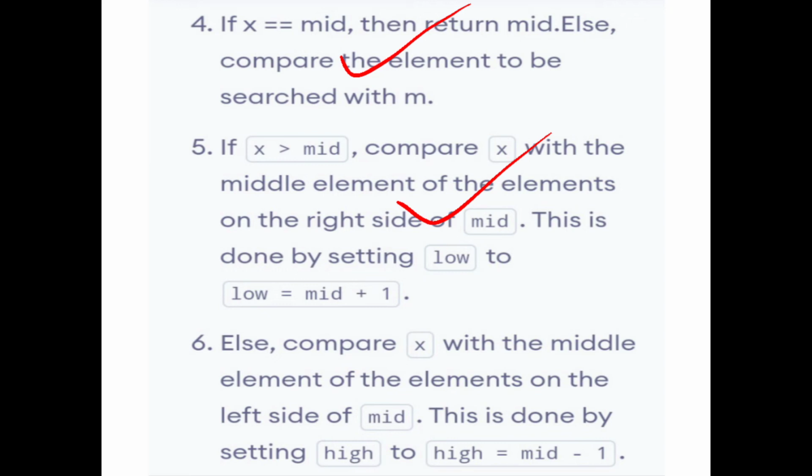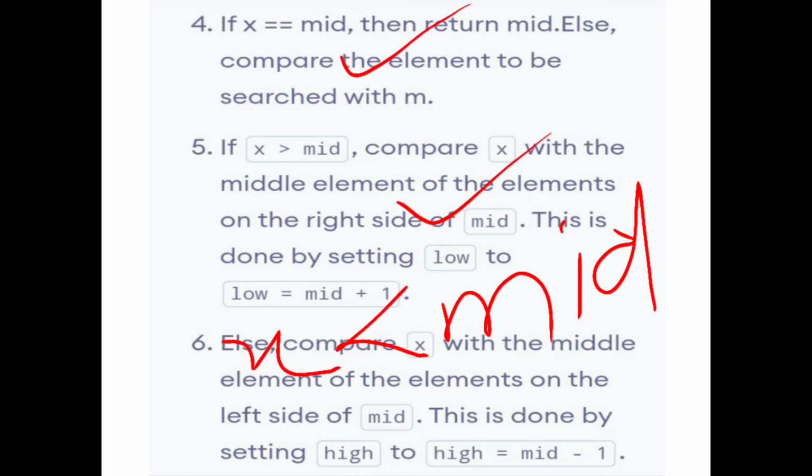Then else, compare x with the mid position: x is less than the mid position, that means 4 is less than 6. So the concept is correct.